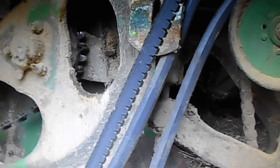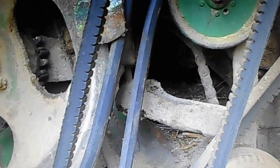Now, I may have to replace that gear because half the slip clutch is made on it, and it ain't feeling good. I'll put it that way. Trying to work through this side through that mess is a real son of a gun, but I don't have a lot of choice because you can't reach from one side to the other. I've had to take the belt off that drives the walkers, and luckily the walkers move easy. That's not an issue,